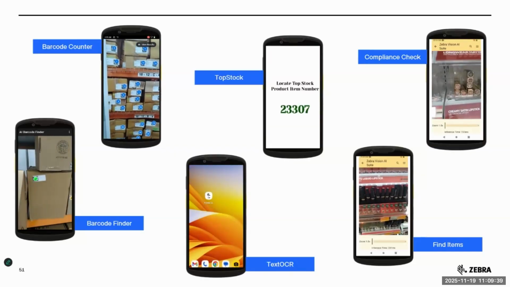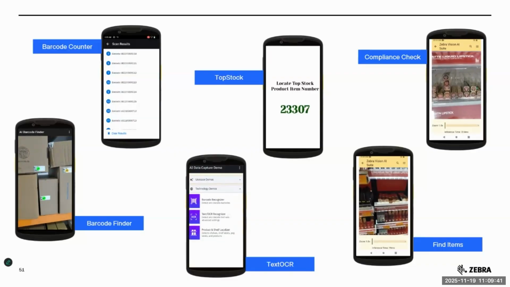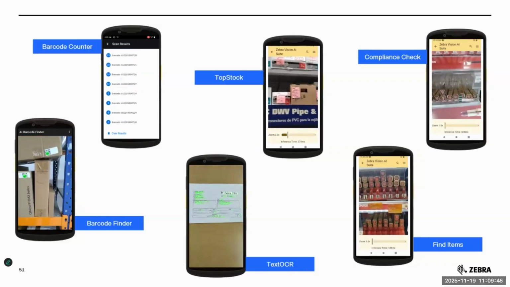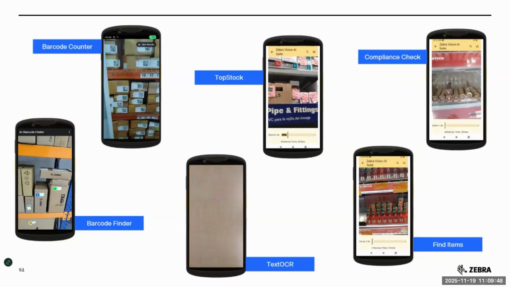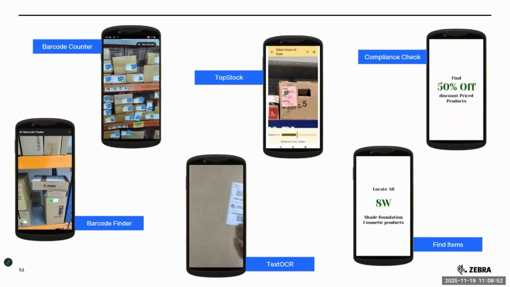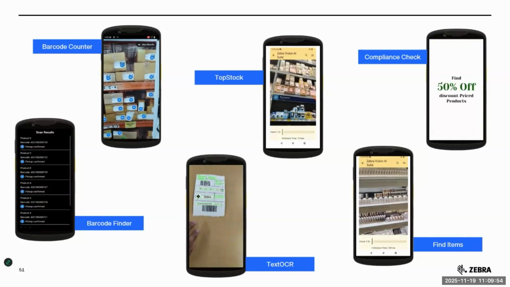Then we move to the text OCR demo, where text is shown in detection. Also, you can recognize